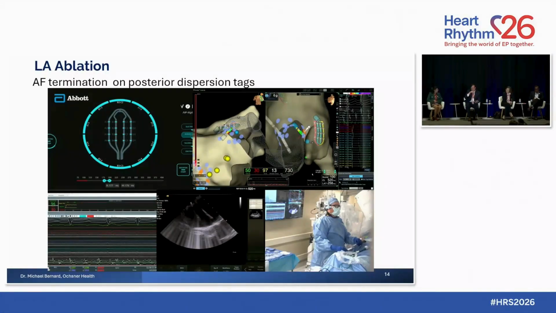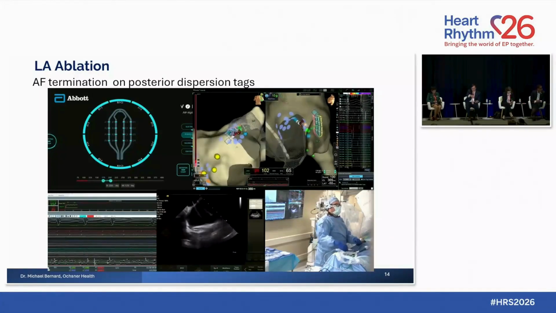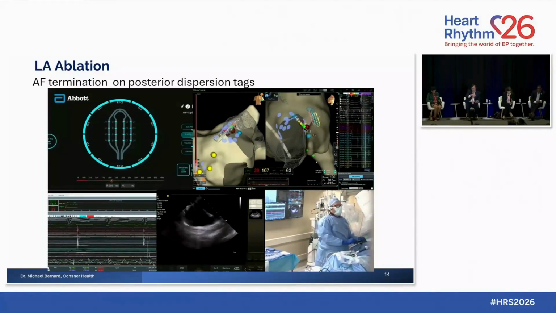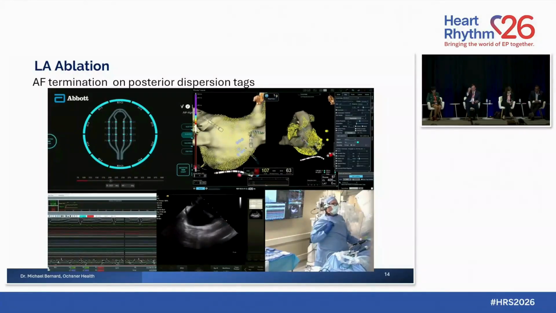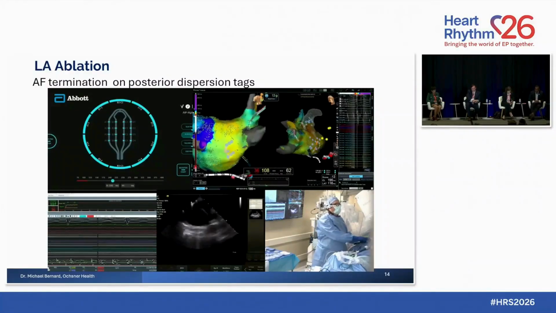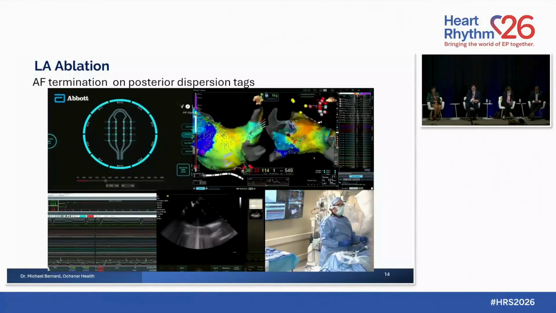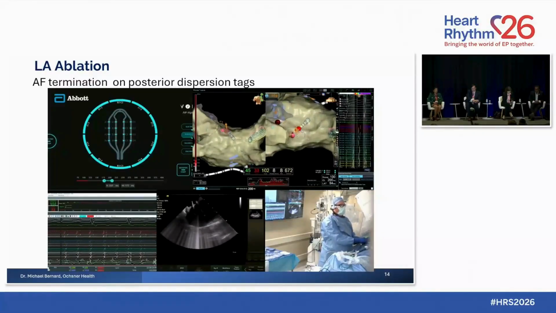There were some low posterior wall lesions, kind of outside where traditional posterior wall set would be, so I made a decision to make a low, scooped out posterior line to incorporate those, and then go to the left atrial septum. So, and we'll see what happens when we start ablating. Again, these are the high dispersion tags at the appendage base. We confirm that we re-isolated the left superior vein, and now as we come over to the roof line,